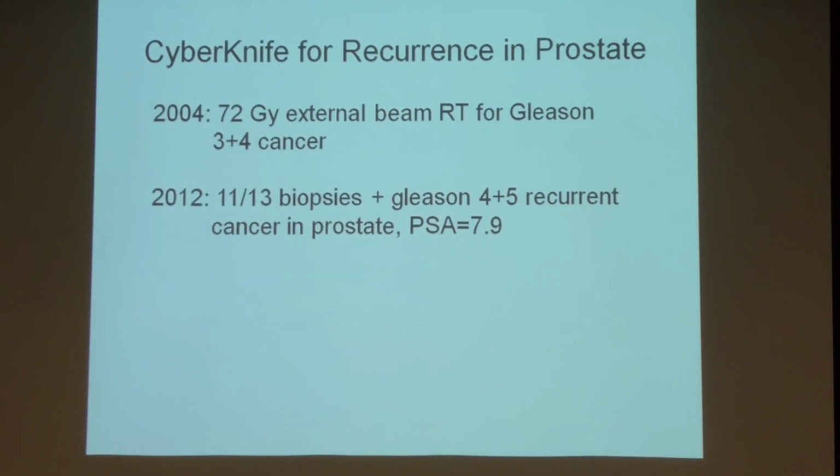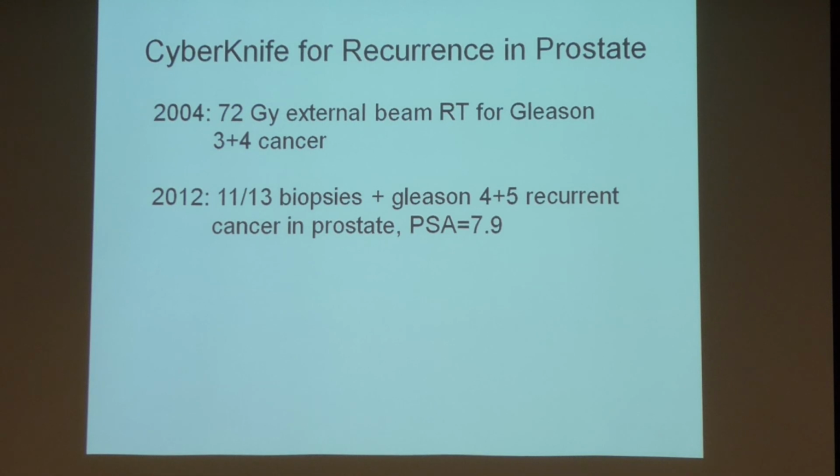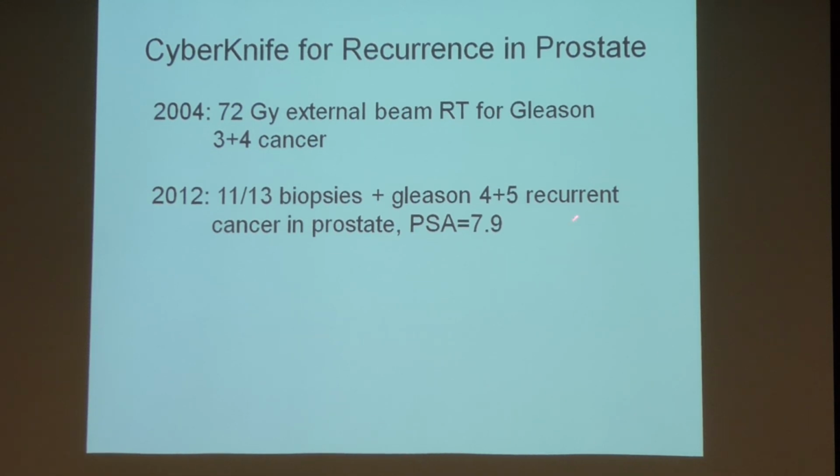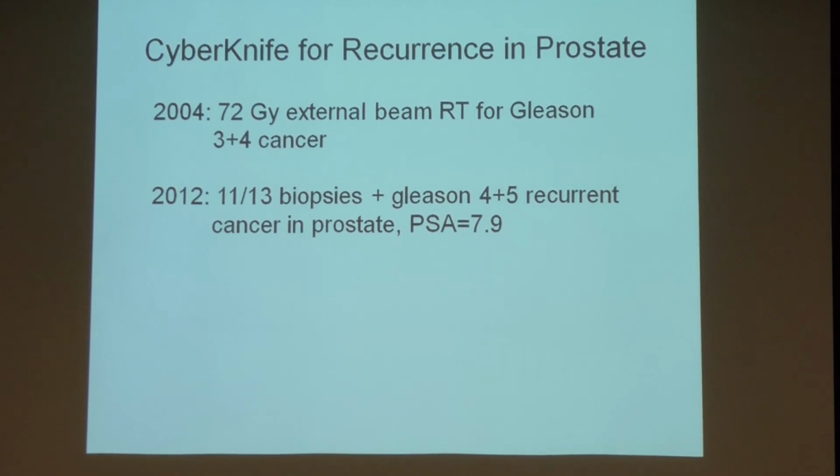To start, let's talk about a patient that had external beam radiation. This was in 2004 for a Gleason 7 prostate cancer. Well, 8 years later, his cancer came back, but it was an aggressive cancer, it's a Gleason 9 cancer. Ooh. So his PSA was moving up. So we retreated this patient